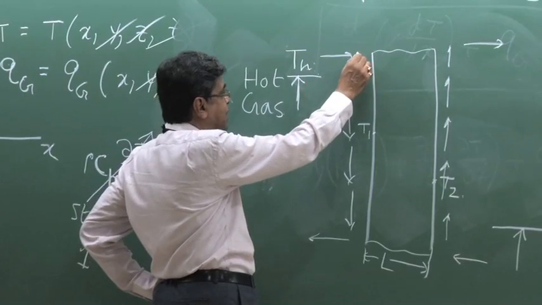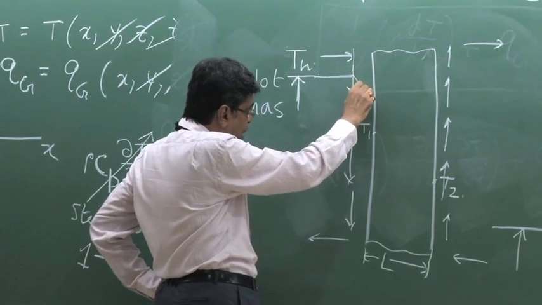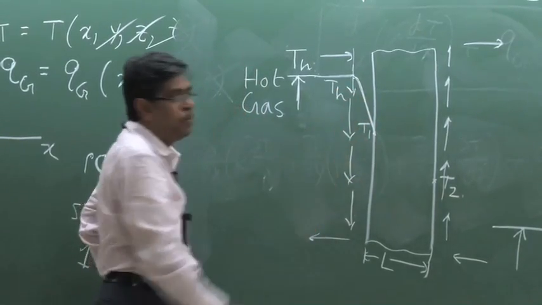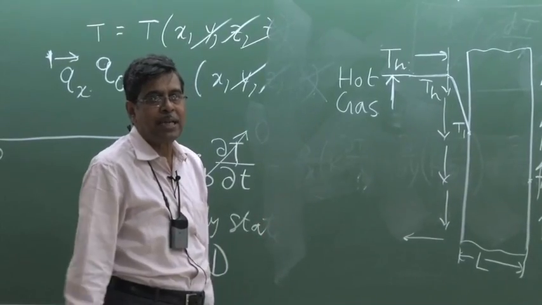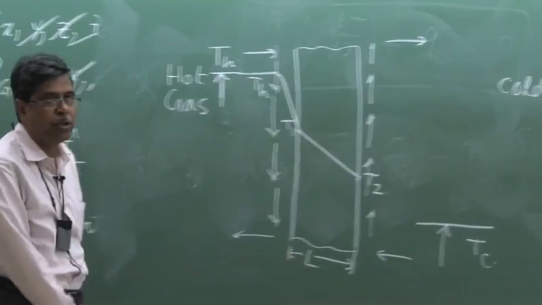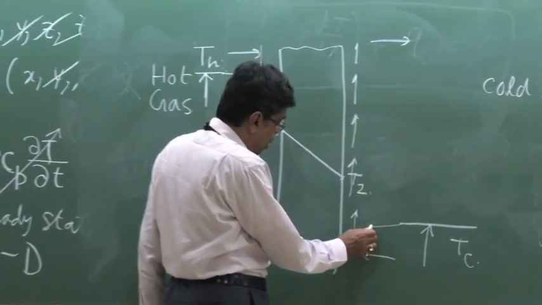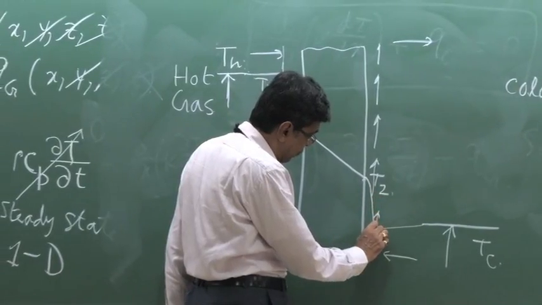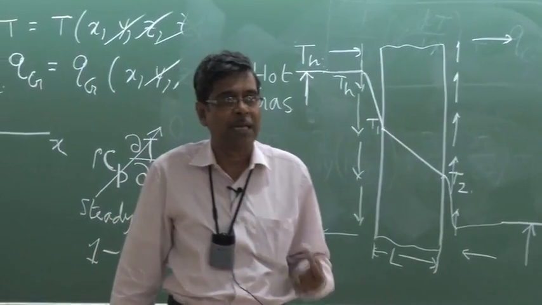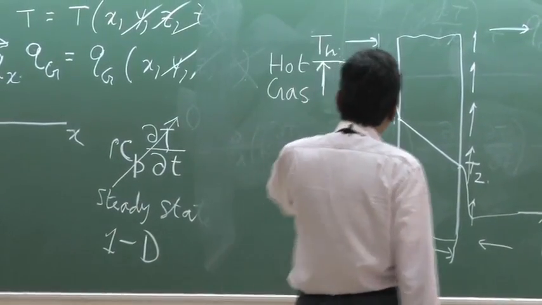That means if we measure the temperature, you will see this TH actually goes like this, and within a thin film, let us consider this as film, the temperature drops from TH to T1, and this may not be linear. That depends upon the convection heat transfer equation, the convection temperature field. From here, we get a linear temperature profile T1 to T2 by the similar deduction as we did for this case, and then from T2, there is a thin film adhering to the surface within which the temperature change takes place. This film is defined as the thermal boundary layer, which we will discuss afterwards. We accept this. And at the same time, we accept that this Q, which is coming